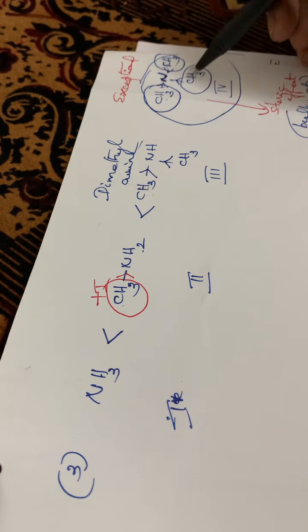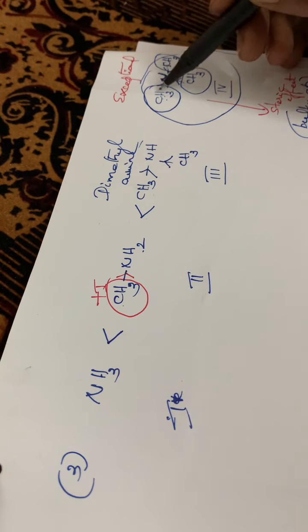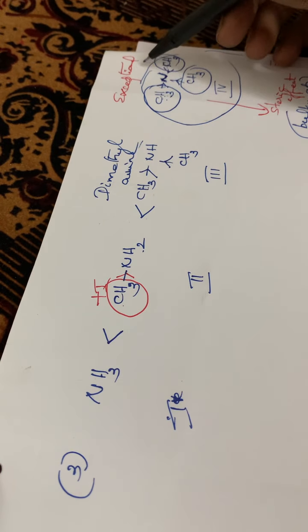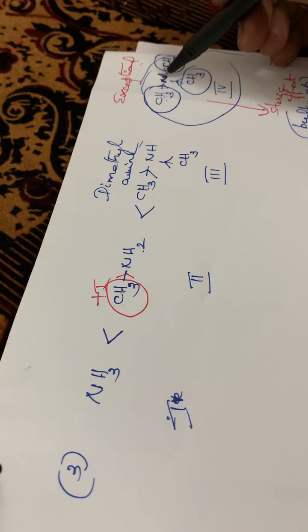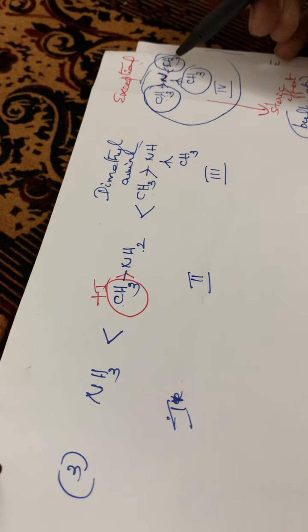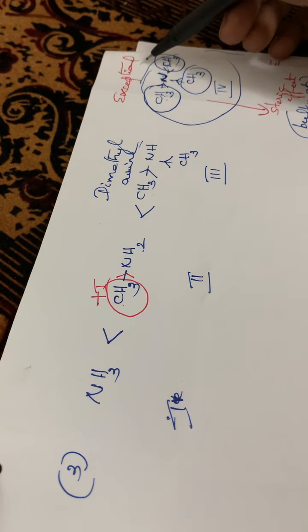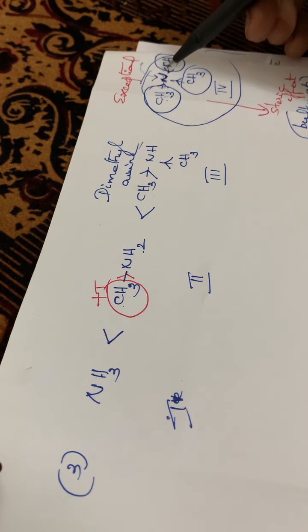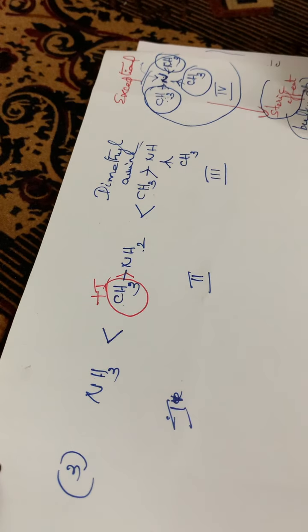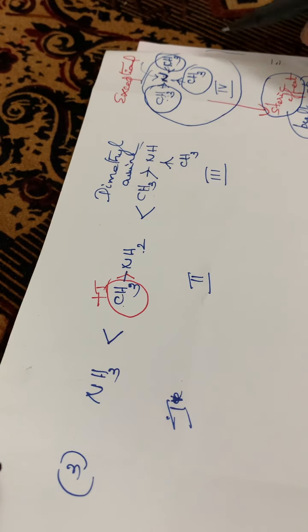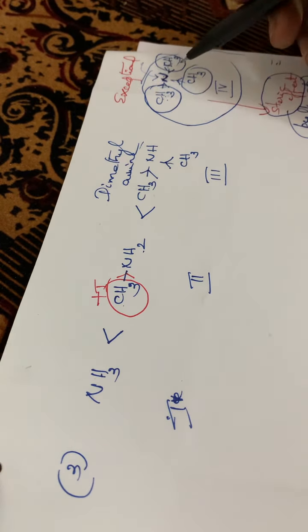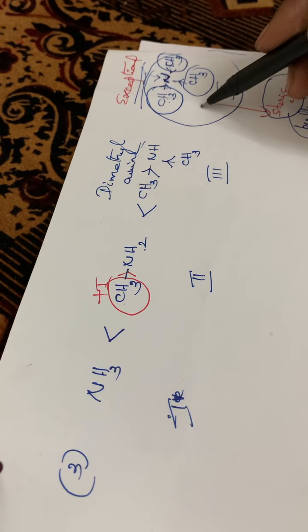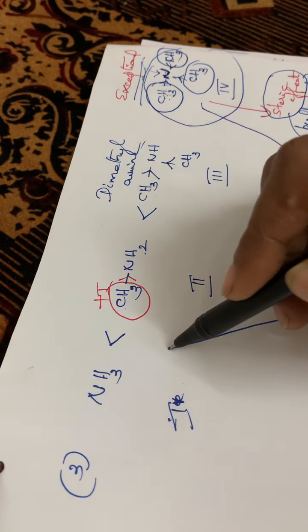These three methyl groups are crowded around the nitrogen atom, so a proton cannot easily attack this nitrogen atom. This crowding of groups in a molecule is called the steric effect. You have to study that steric effect in detail. So this is an exceptional case, and its basic strength will come right after ammonia.